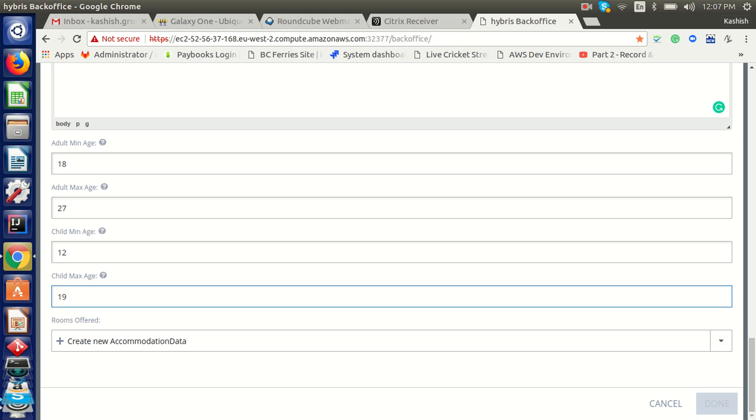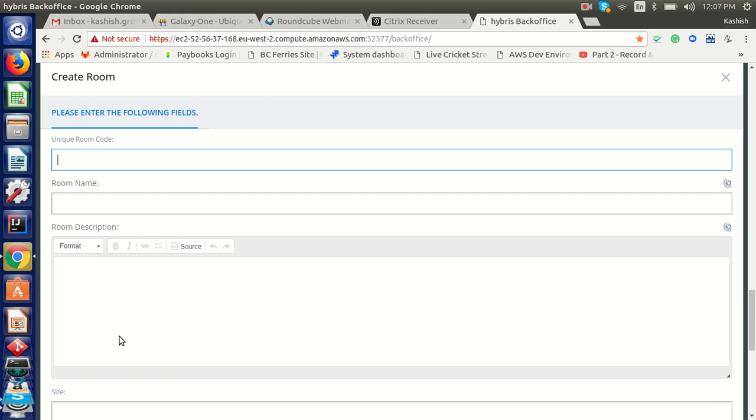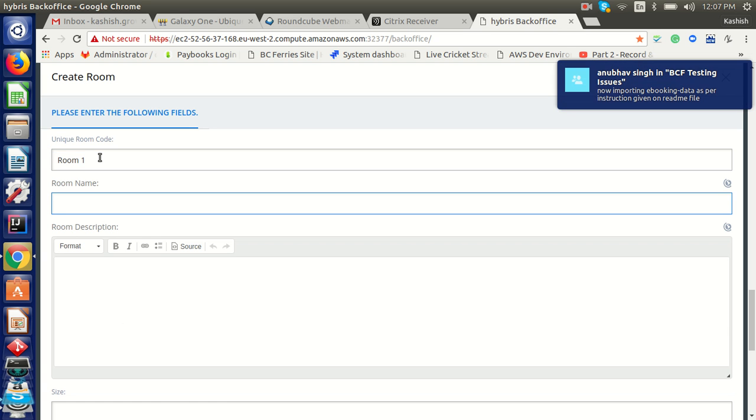Now create new accommodation data means the rooms within the hotel. On the previous page we entered the hotel's details. Now we'll be entering the room details. So room code, this is the unique room code. So I'm entering room 1, then the room name